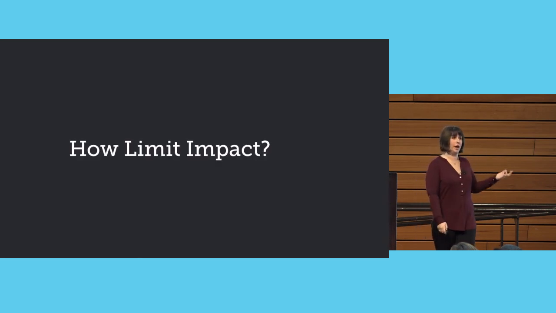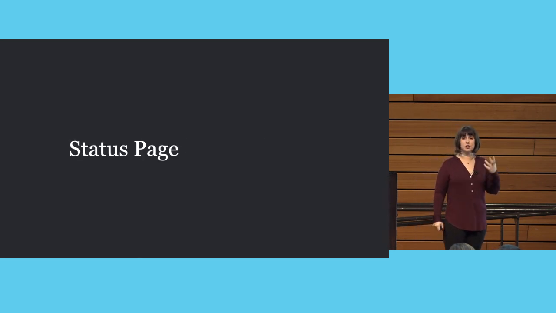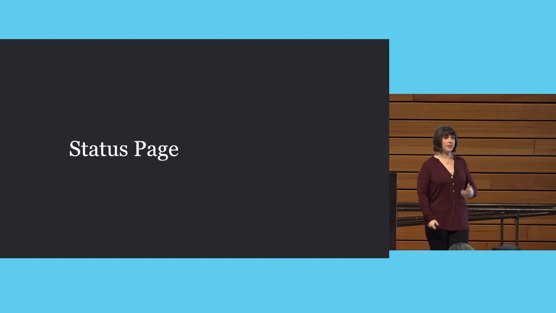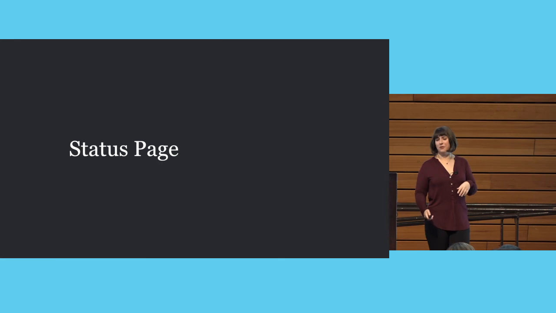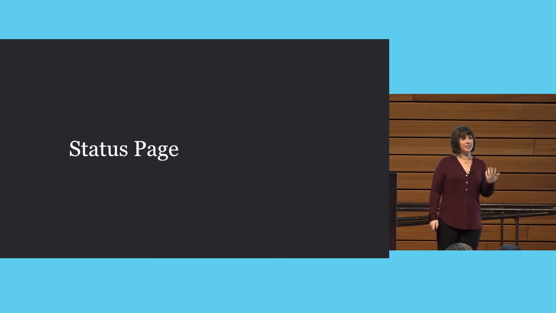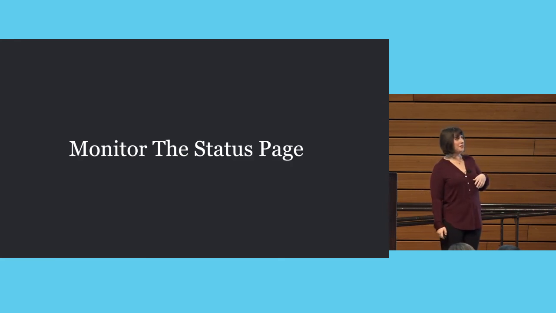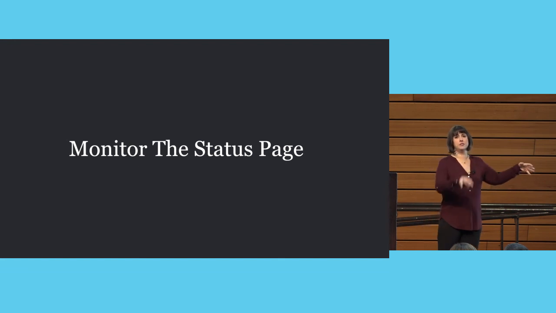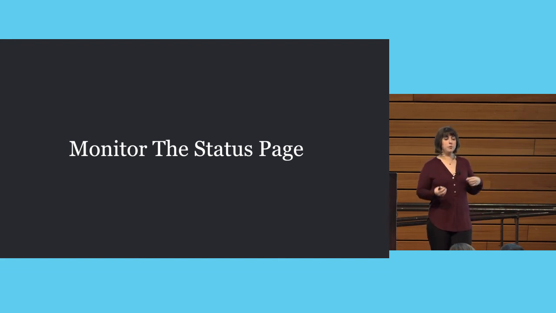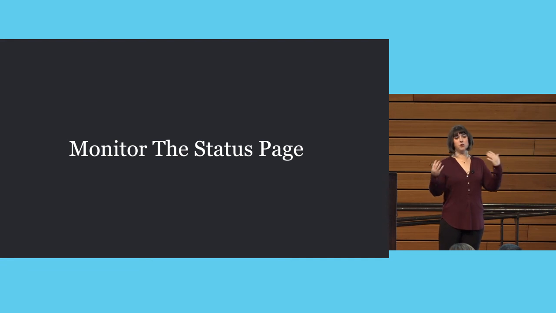So how do you limit your impact? If it's an external API, especially a public-facing API, it probably has a status page. Those are great. Love status pages. And one thing that people might not like you doing, but I've seen become necessary in the past, is to monitor the status page. So you have automation that tells you when something else is having a problem so that you are alerted before your system starts to degrade, or you might get 2 simultaneous alerts and then you're able to correlate them.